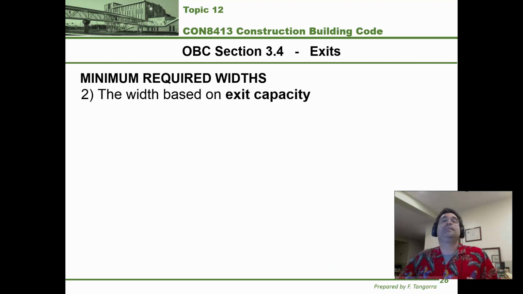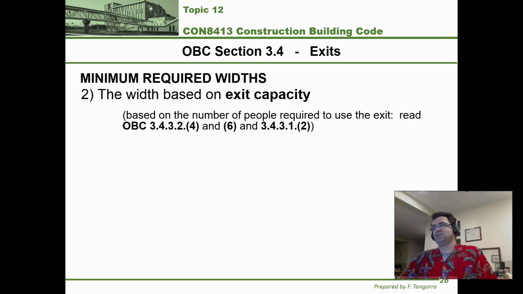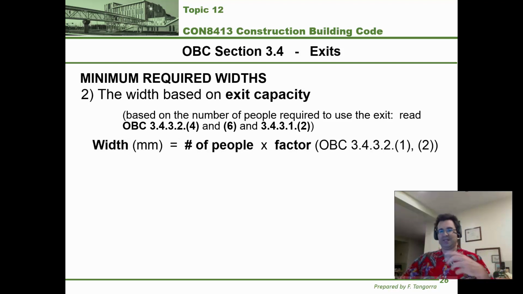Okay, the minimum width of exits that's based on capacity, that is when every person that's expected to be on that floor uses it, is based on this. And that is under sentence 3.4.3.2, 4 and 6, and under sentence 2 in article 3.4.3.1. You must know how to find these and how to use them. But basically, just like in topic 11, the rule of thumb is this. The width in millimeters of an exit is the number of people that's expected for that floor times a factor. And that factor comes from